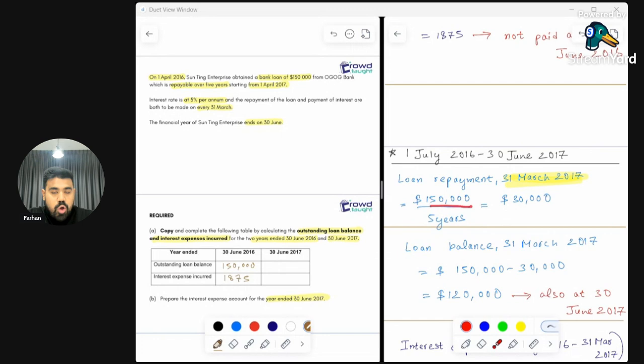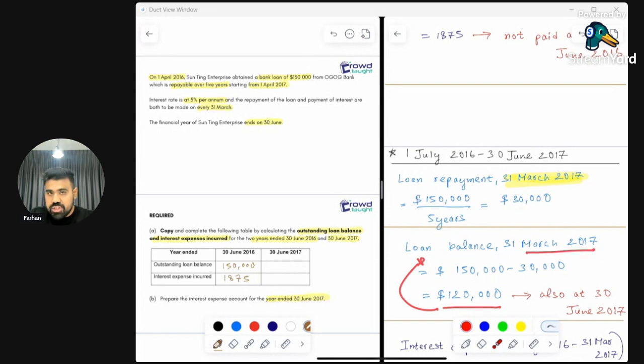So if I want to find the loan repayment at 31 March 2017, I just simply divide the $150,000 by 5 years, which gives us $30,000 as the loan repayment. So after the repayment has been done, the loan balance at 31 March 2017 is the difference between the $150,000 initial amount and the repayment of $30,000, which is $120,000, being the loan balance that we have left at 31